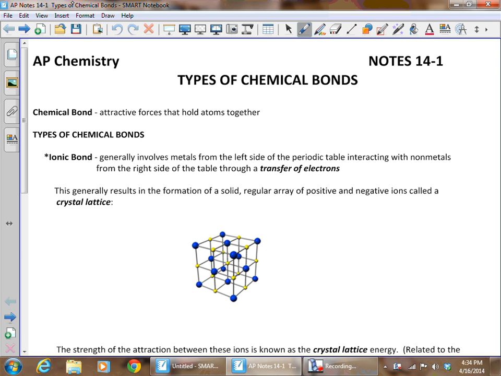An ionic bond generally involves metals from the left side of the periodic table interacting with non-metals from the right-hand side of the table, and we end up with a complete transfer of electrons. You have atoms that want to lose electrons to form ions, which would be our metals, and you have the non-metals that want to gain electrons to form ions. So you're going to have these positive and negative ions that are formed, and that positive-negative electrostatic attraction is what